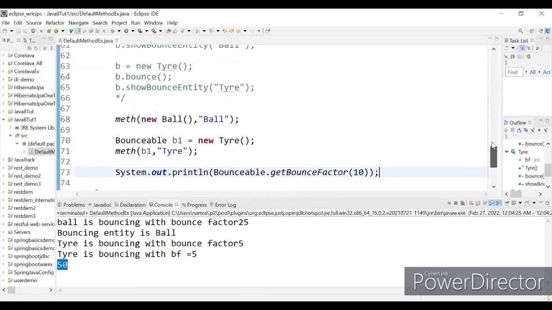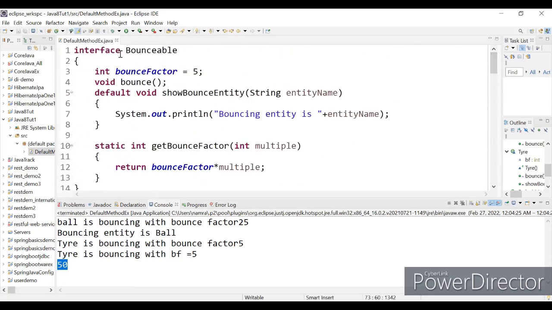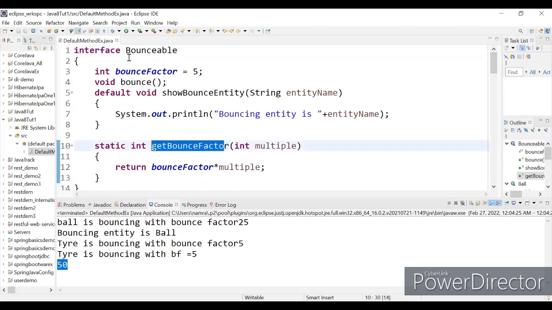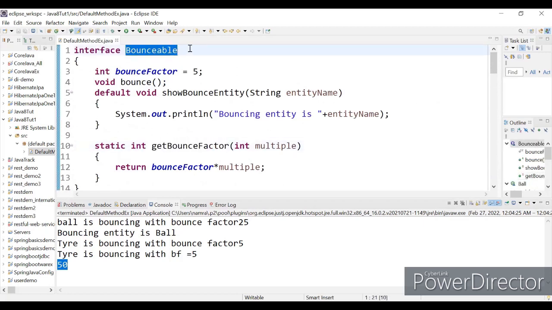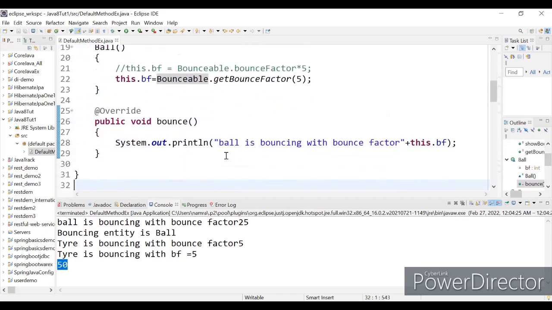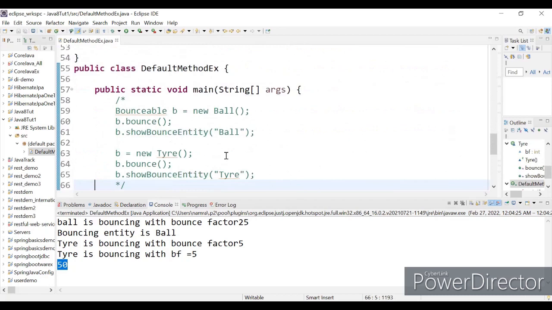So a static utility method can be called from anywhere. Although the right place for adding it is inside Bounceable, because this utility method is relevant to Bounceable. So it will be relevant to all the implementation classes of Bounceable. Okay. So that's it. This is how you provide a static method inside the Bounceable, and you can use it inside the implementation classes, or you can use it from the main method wherever you want.